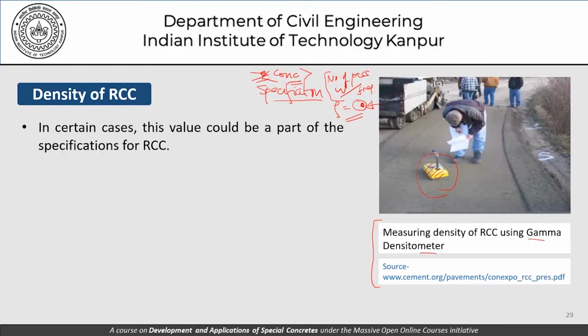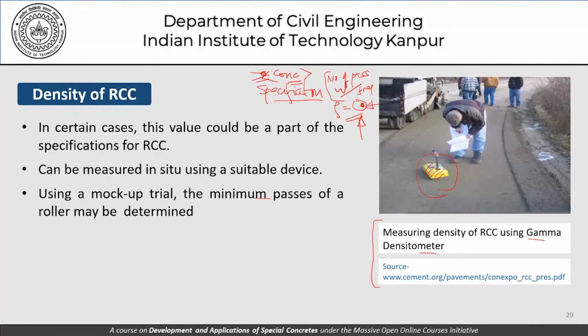But density becomes our performance parameter when it comes to determining the number of passes or the weight of the roller used and so on. We can have both. We can have either the density of this or at least so many passes. As is given here, this value could be a part of the specifications, can be measured in situ using a